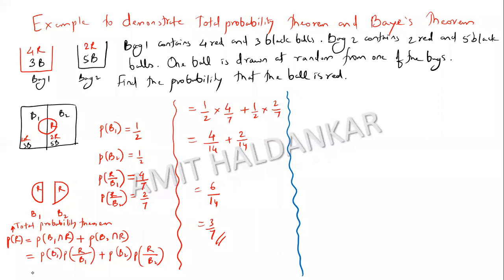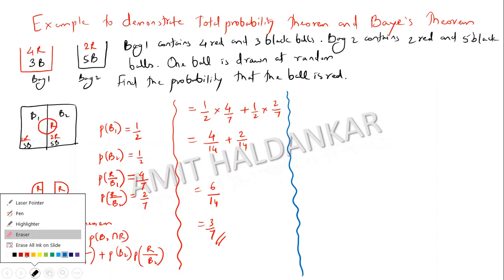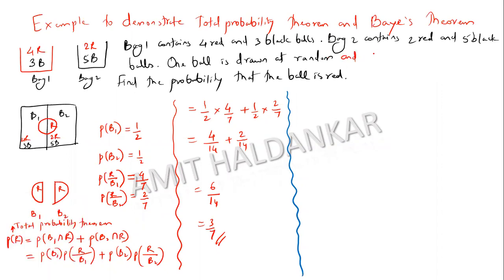Now let me come to the second possibility, by using Bayes theorem. The question will be similar, but the only thing that will change is: bag 1 contains 4 red and 3 black balls, bag 2 contains 2 red and 5 black balls. One ball is drawn at random and found to be red. So I'll change this part over here: one ball is drawn and found to be red. Find a probability that the ball drawn